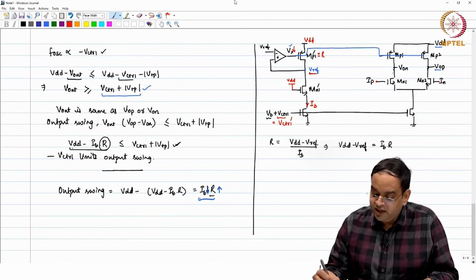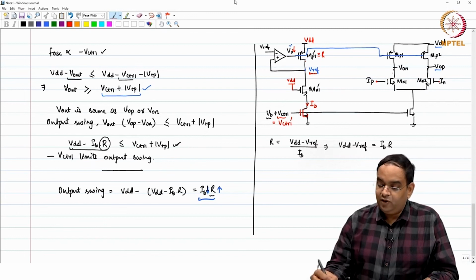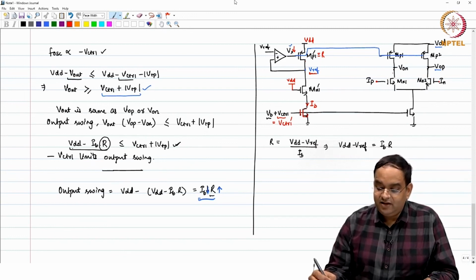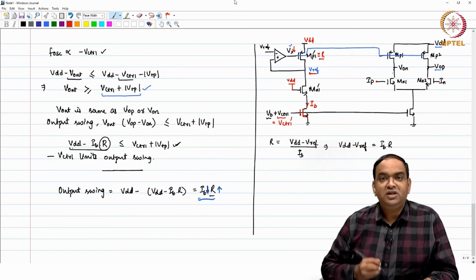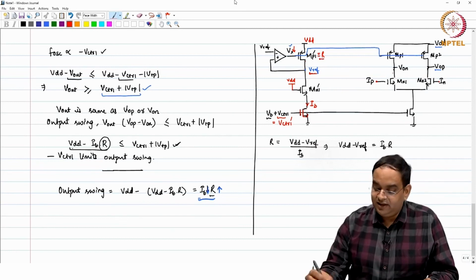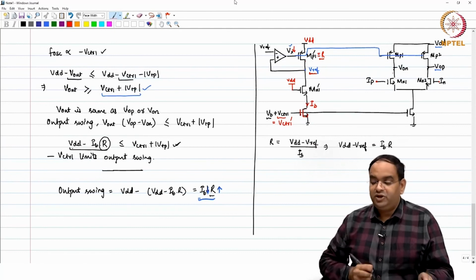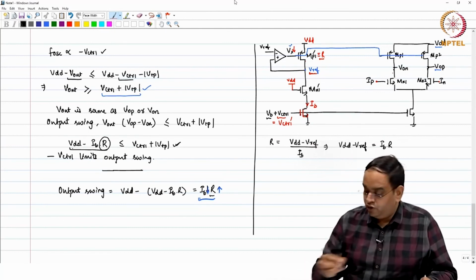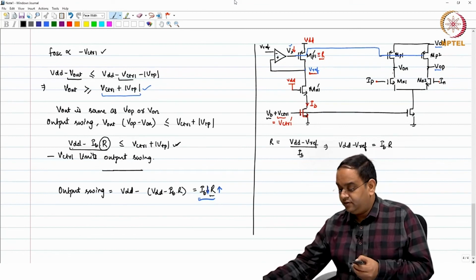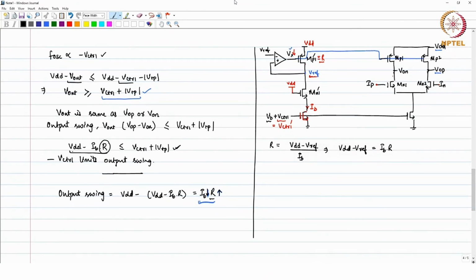So, by varying the gate voltage here, I am going to vary the current in this, and as I vary the current, the resistance will vary, and as the resistance varies, then my output frequency will also vary. So, let us just look at that relation. I will write IB as some I naught plus GM for this particular transistor, the bottom one. I will write this as Mn0 dash, GM times V control,